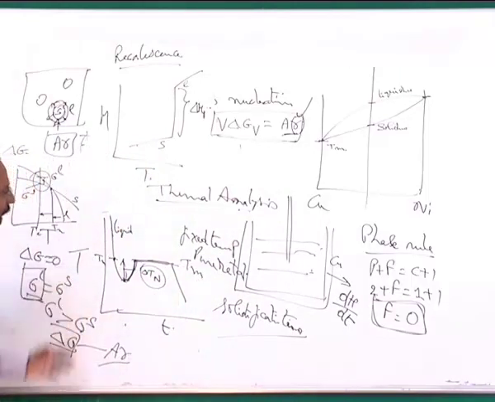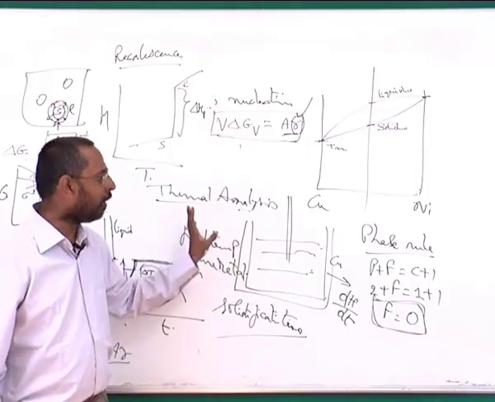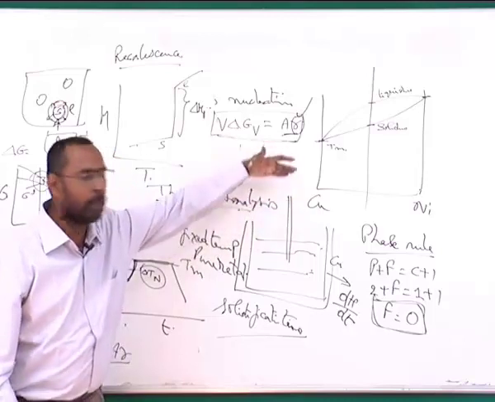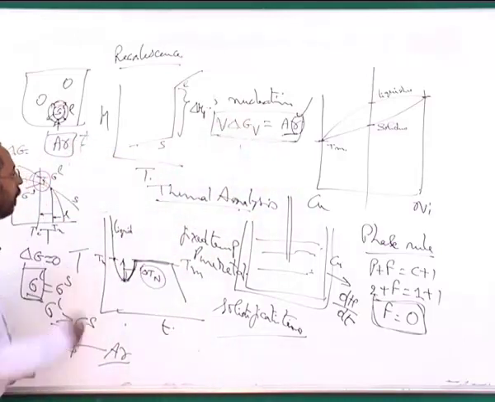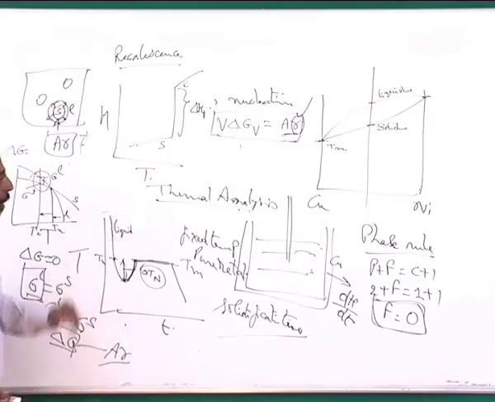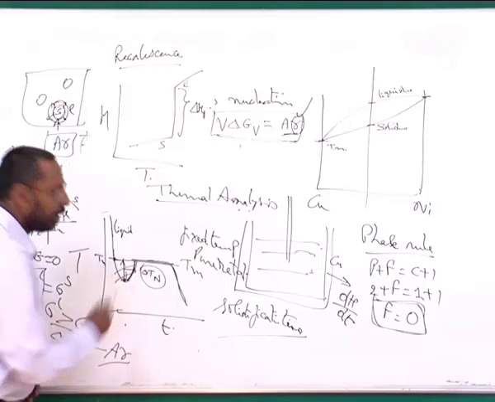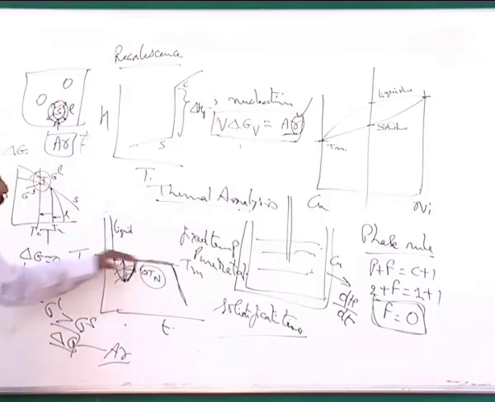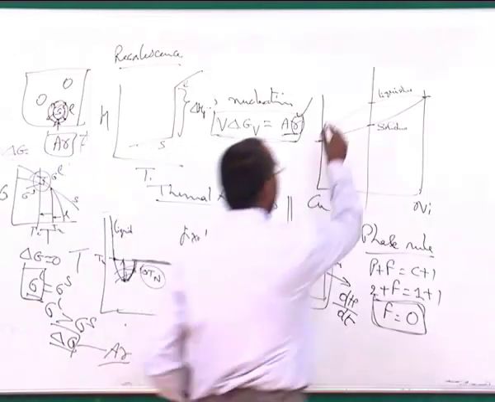So simply, if I can take a liquid and put a thermocouple, switch off the furnace after the metal is heated above the melting point, and then start cooling it, you will get either this kind of curve, or as I told you before, a curve where you have simply something like this without this portion. And one of these two will give you information on what the melting point is. And if I repeat this for various alloys,